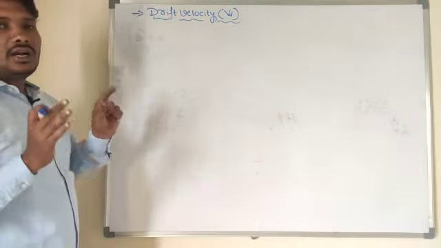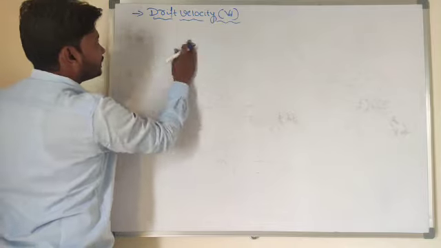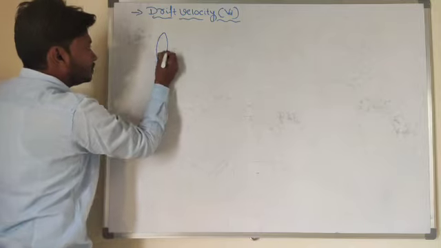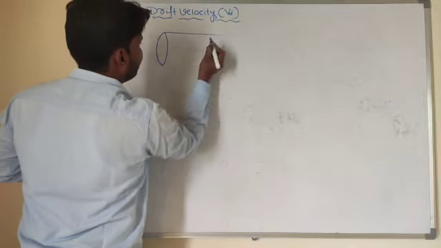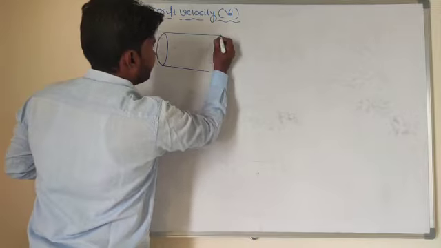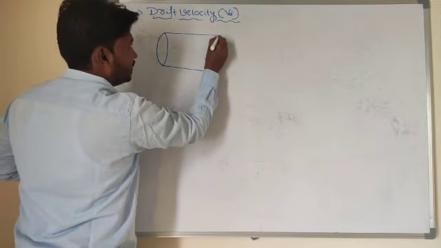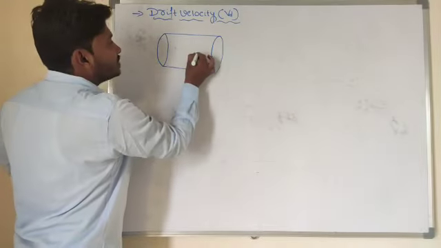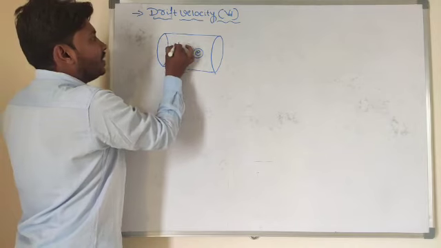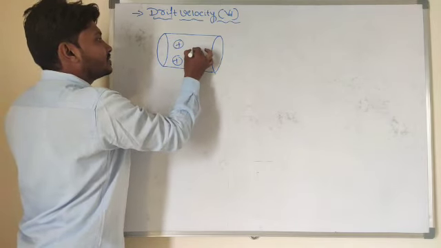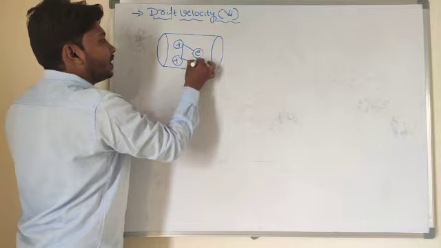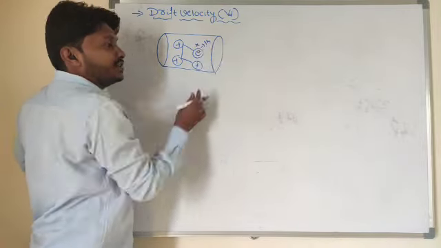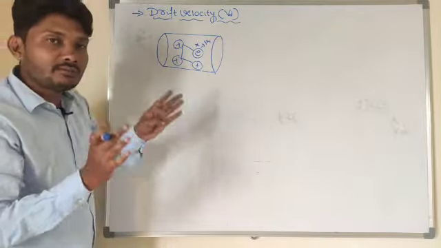In order to understand the concept of drift velocity, first let me take one conductor here. Of course a conductor consists of free electrons, we know some basic aspects here. So this conductor consists of a certain number of free electrons. These free electrons collide with the fixed ions, and the electron will lose its thermal energy. So the thermal energy of this free electron becomes 0.